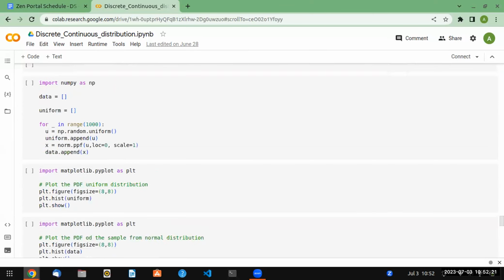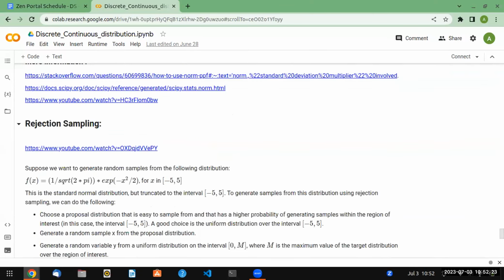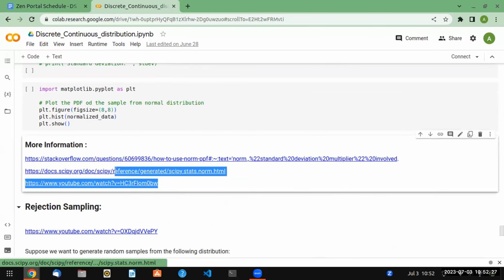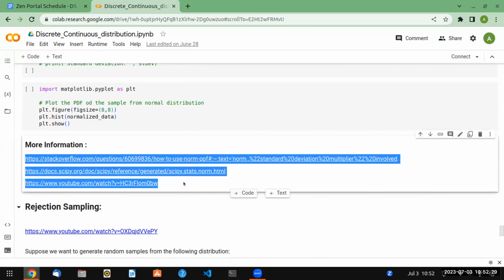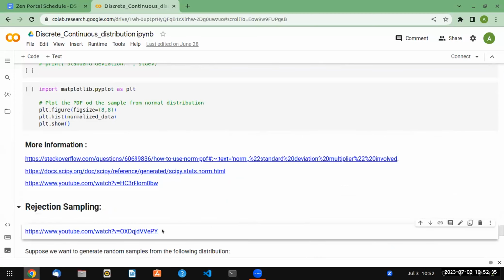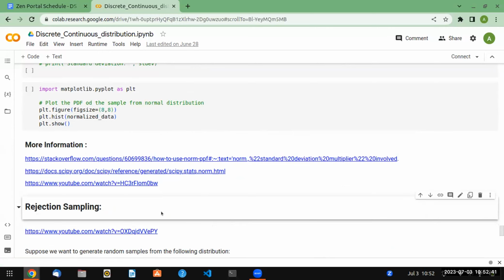Because I was trying to explain it in one session and people started saying this is too complex, so let's not do that. But those who wanted, I have already provided YouTube videos and documents: how this mathematical proof works, what rejection sampling is. Someone explained it beautifully in this YouTube video. If you want more, you can explore these things.